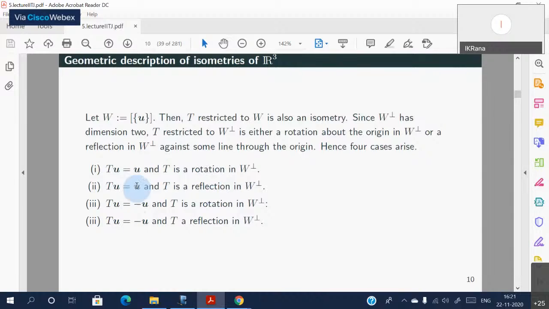W, it looks like either of this, and on W perpendicular, it looks like this. So the main one, it is very satisfying to know this method of analyzing the isometries on R3 gives us a complete description of isometries. Okay, and the tool which helped us to do that was that we found a subspace W of R3 which is invariant, and W perpendicular also to be invariant. So we could restrict to the two parts separately